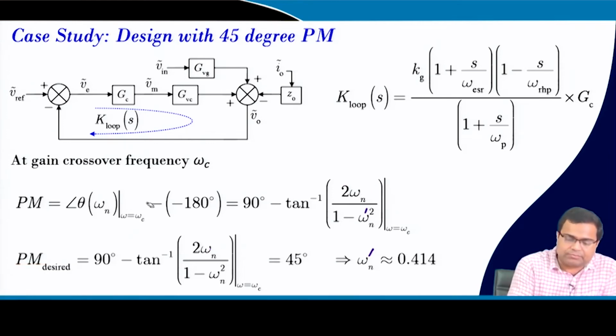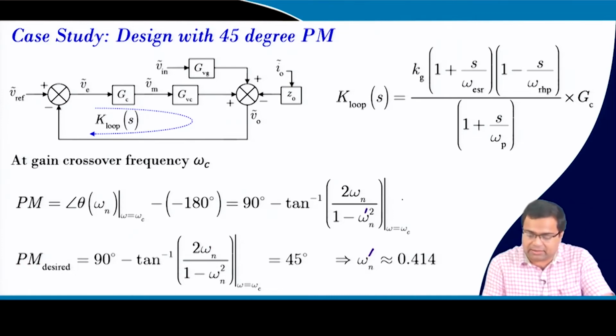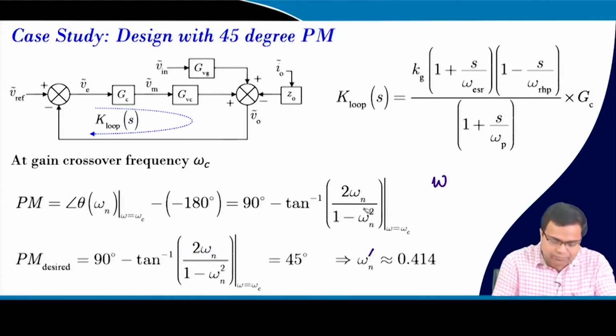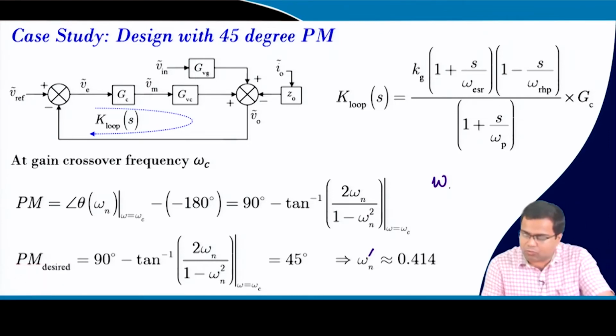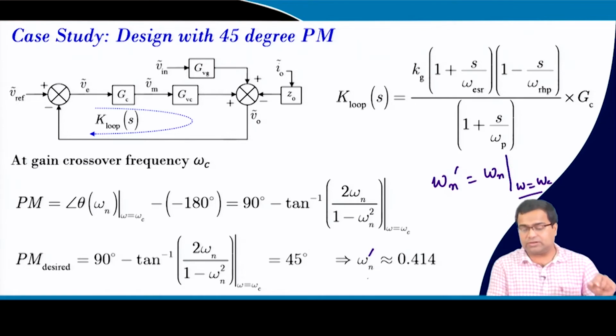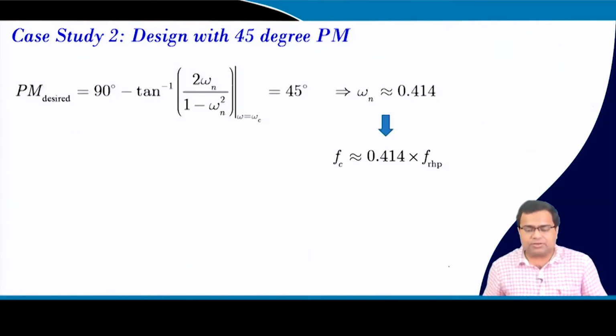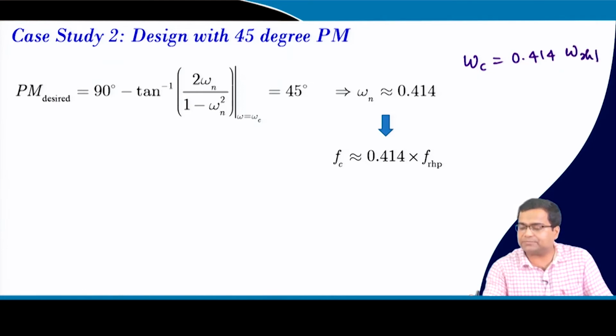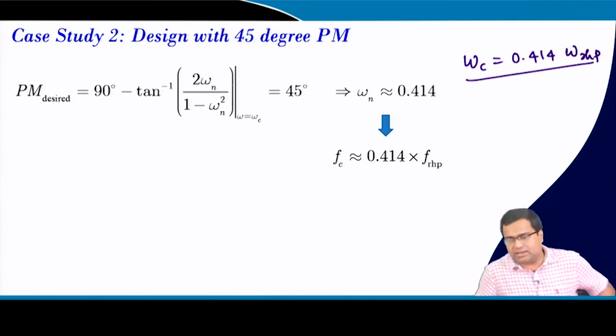Omega n dash is nothing but the omega n at omega equal to omega c, that is it. So, that is 0.414. So, our omega c will be 0.414 times omega RHP,